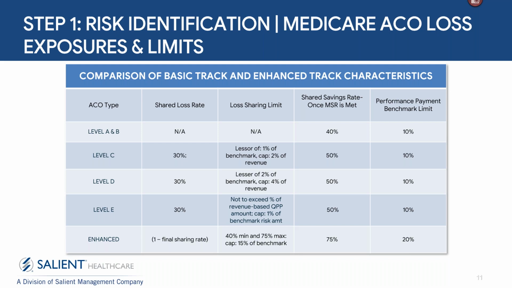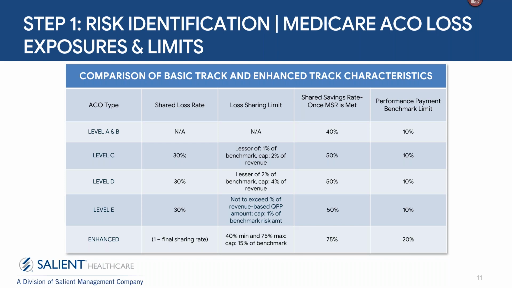So the identification of loss exposures and limits is an important first step. This slide particularly outlines the half-dozen options currently open to ACOs within CMS Pathways to Success program. As you'll note, as the ACO types move from basic to enhanced tracks, the loss sharing limits at the 3rd column increase. And in turn, the shared savings rates, that's the 4th column, also tend to increase. And CMS caps the loss exposures, that's the 5th column, as kind of a percentage of the ACO's total cost